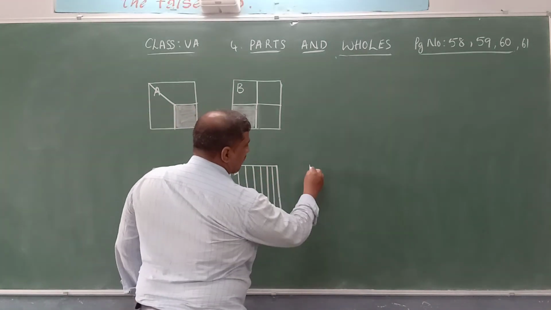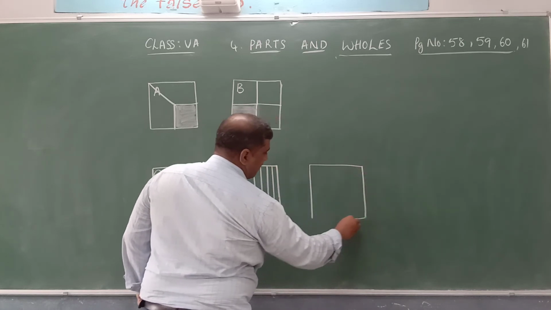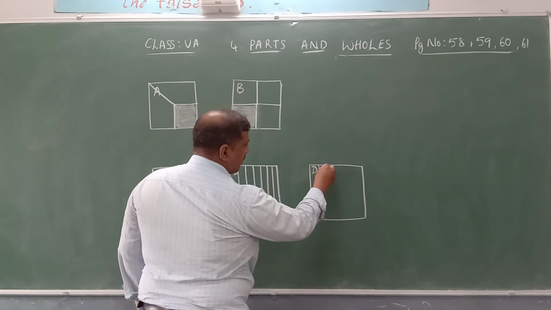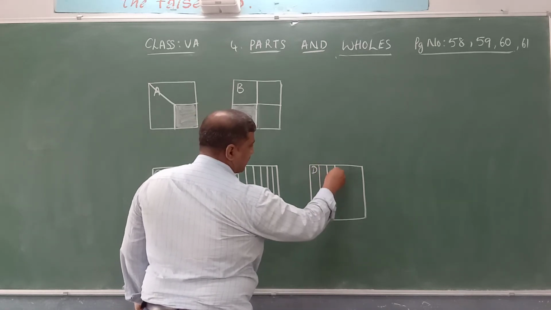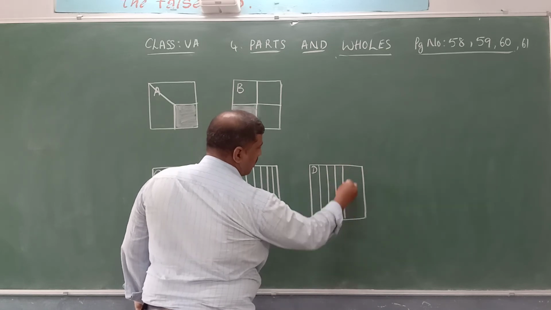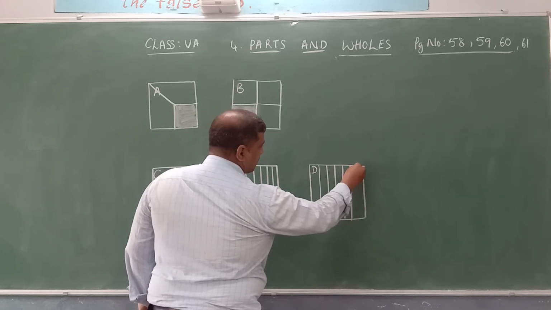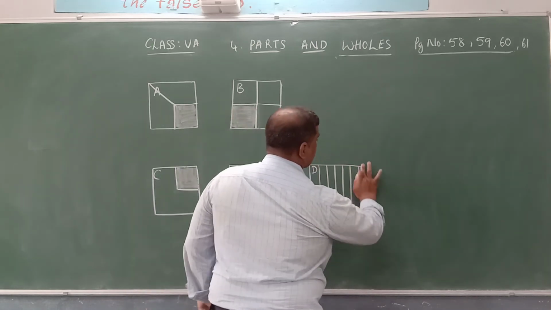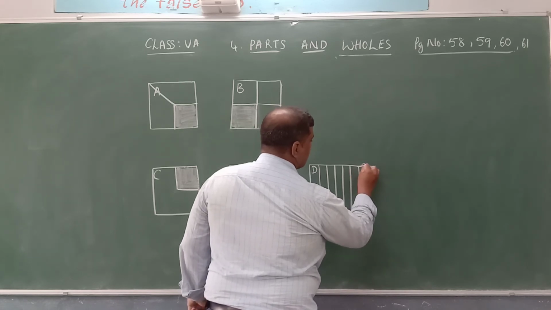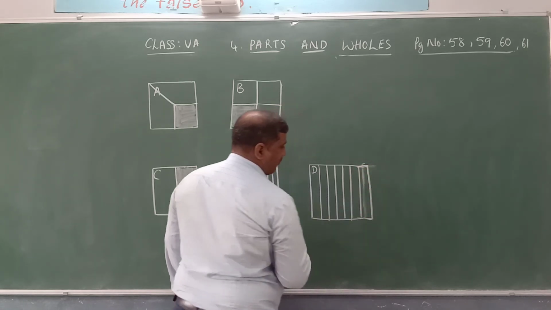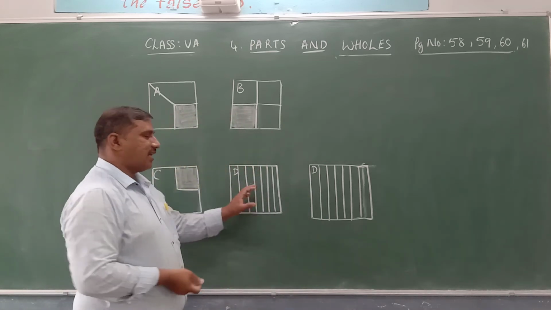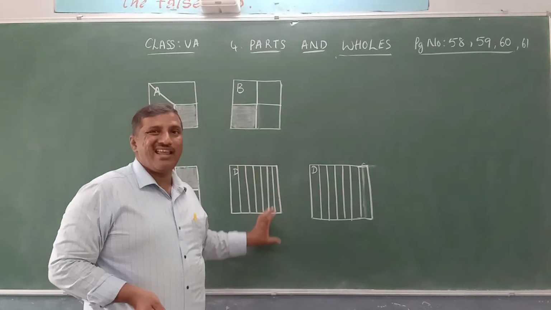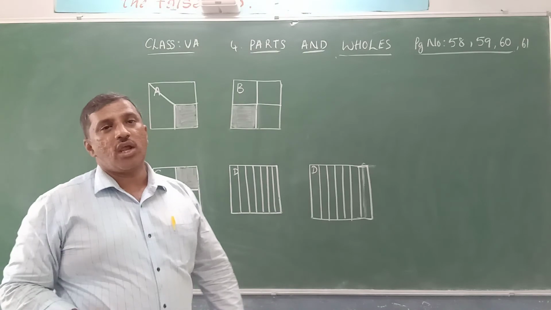You see here, once again I will draw. A big one I have taken and I am drawing. Like this. 1, and it is 2, this is 3, and it is 4, 5, still 6. If you increase this a little, we can draw the correct one. Like this you can draw. 7 equal parts you will get. Here you get small differences, but use your skill while drawing, and you can draw clearly, vertically, and horizontally also.